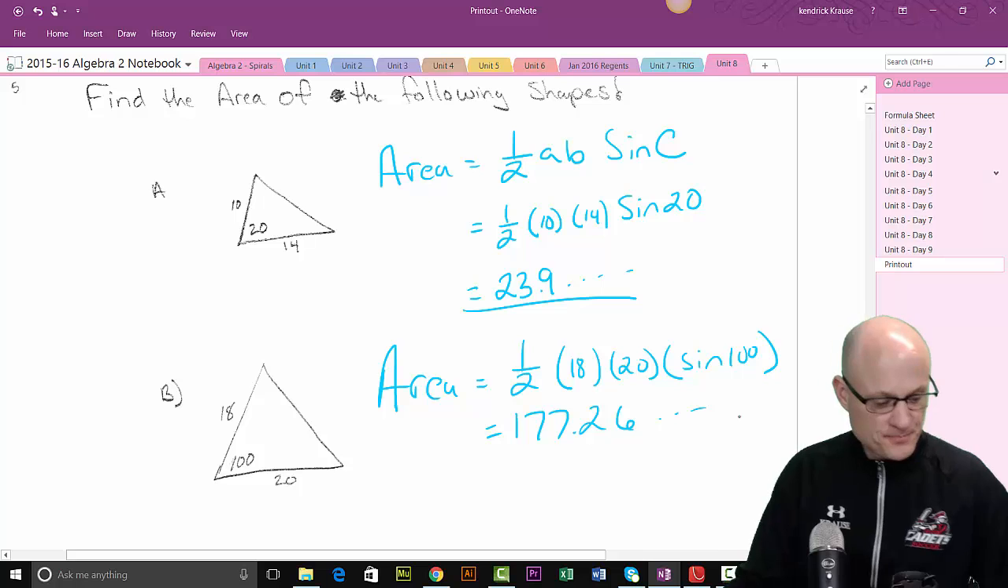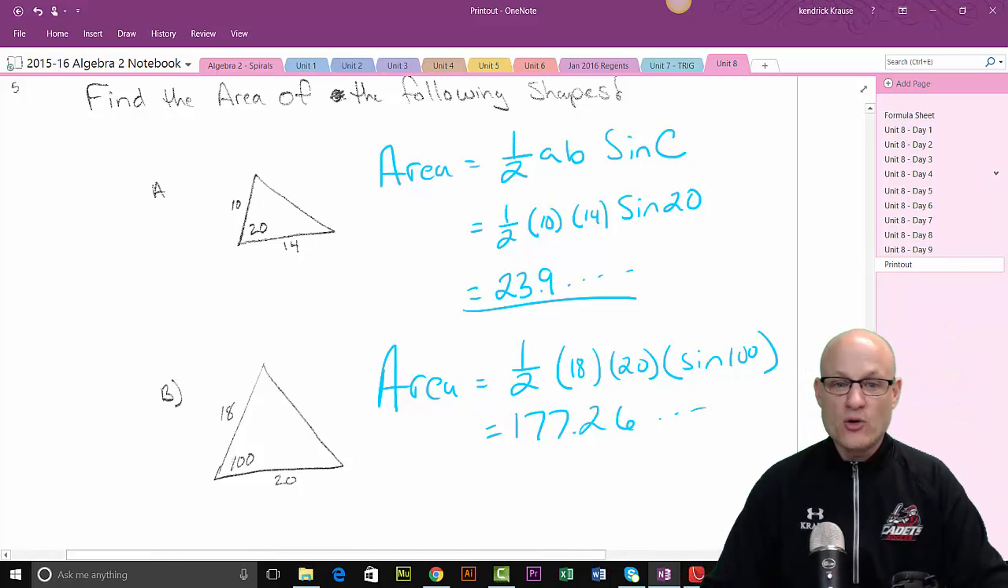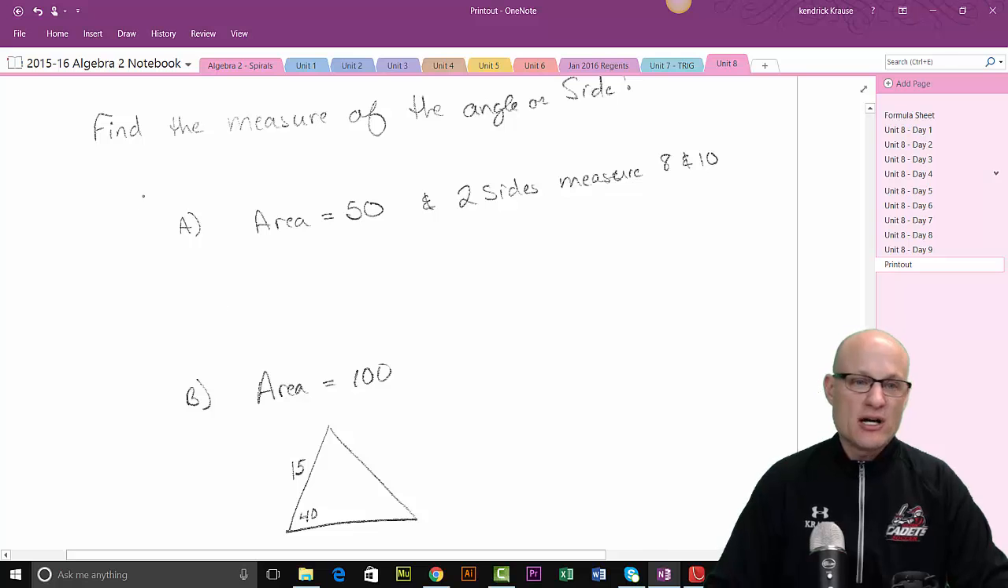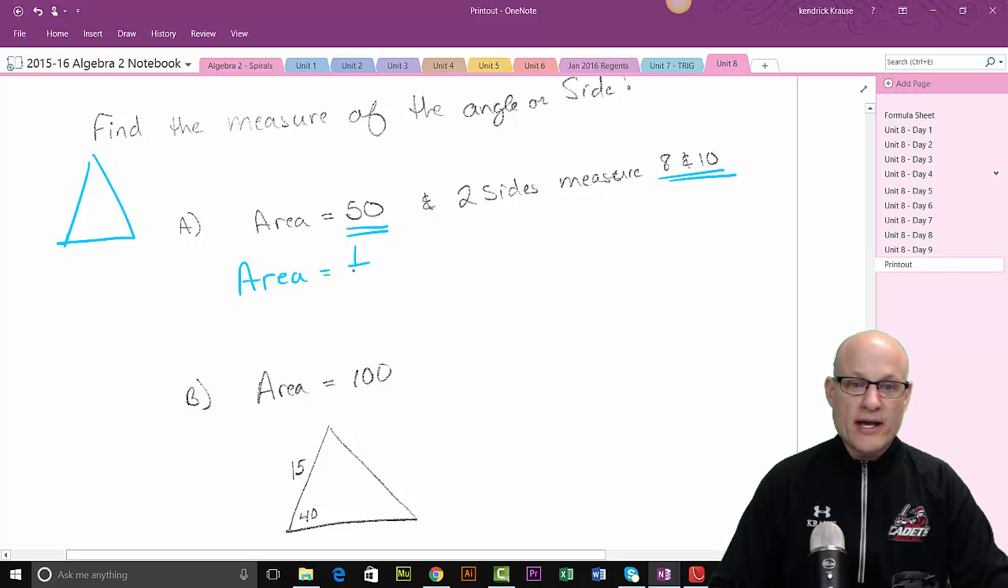So that's one way I can ask it. Or I can ask it this way. Find the measure of the angle or the side. Oh, I should have said this is of a triangle. Okay, so you have a triangle. I've given you the area, and I've given you the two sides. So obviously, I have to find the angle. So area equals 1/2 AB sine of C. So in this case, 50 is equal to 1/2 times